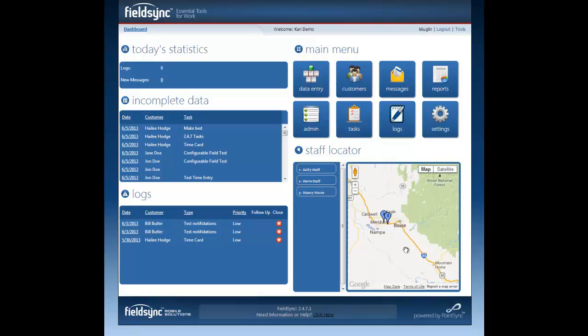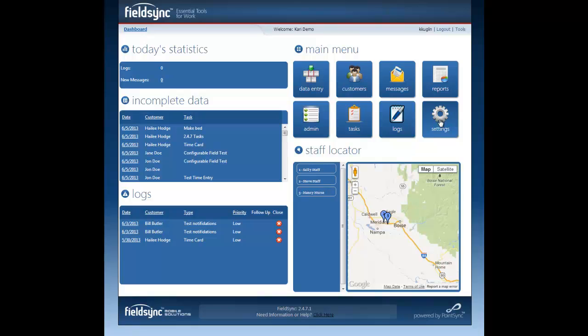What I'd like to cover in this video is the use of configurable fields associated with value lists. Now, as you know, configurable fields allow you to create forms for your users to use that will allow them to collect very specific information and bring in the data that you are looking to get from your organization. So let's go ahead and jump right in and look at some examples of the configurable field types that use